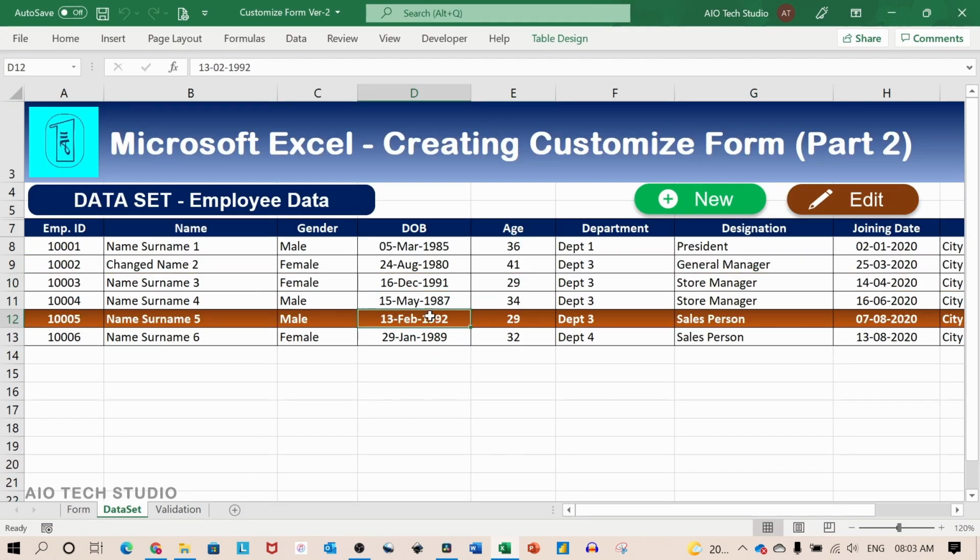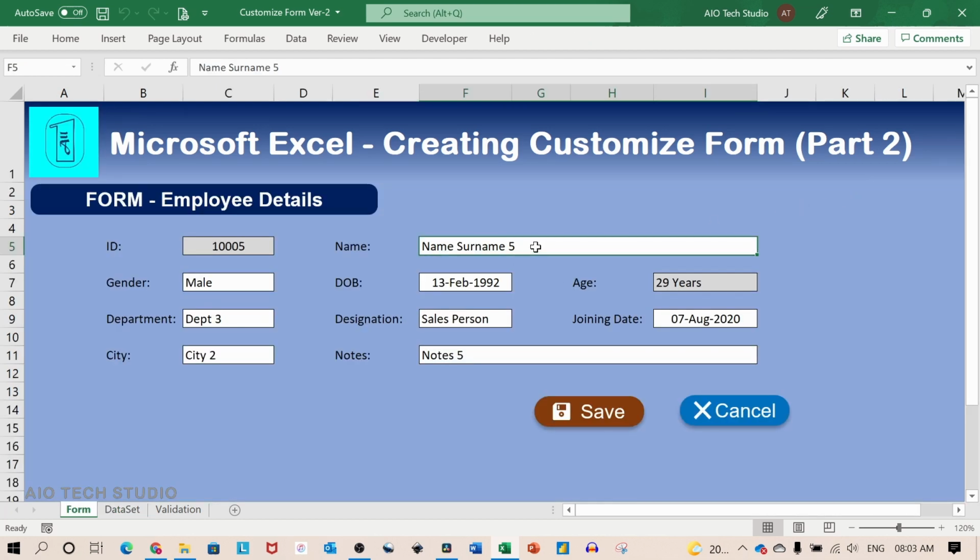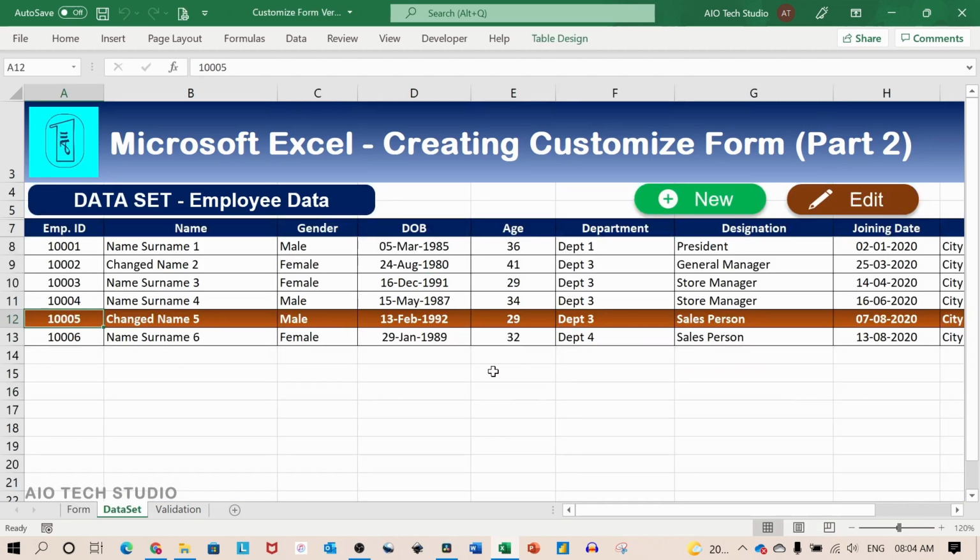We will first edit this record in the customized form, make some changes, and save the record back to our table.